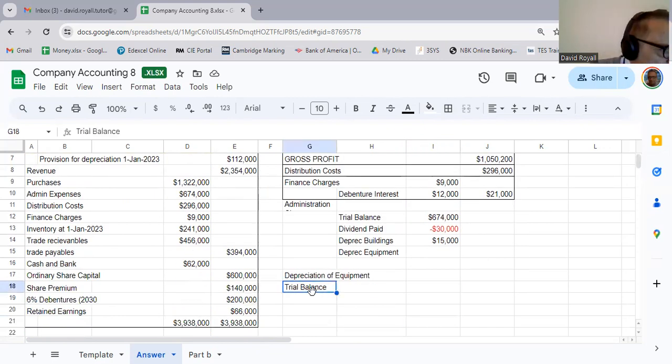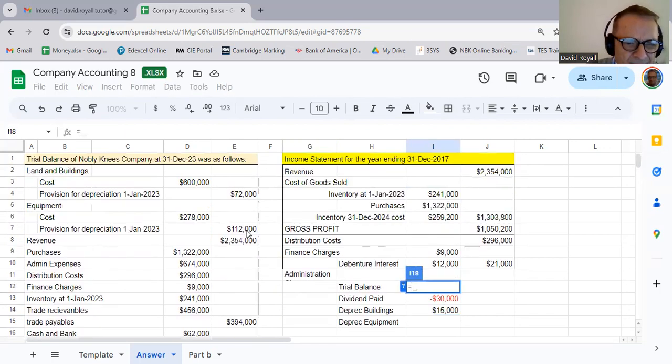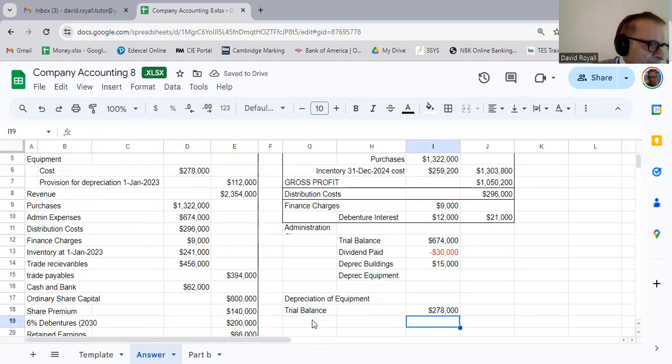You see, what I'm trying to do here is to work out the value of the equipment that we now have before I do the depreciation. So let's see how much we've got in the way of equipment. First of all, there's 278. That's going to be my starting point. Now we're going to add in the trade-in for the new one. The new one has already been included in the cost. But I want to put in the trade-in figure, because we can add 10,000